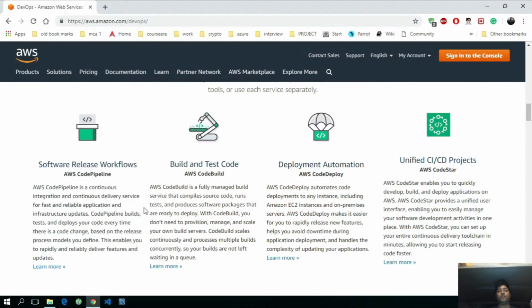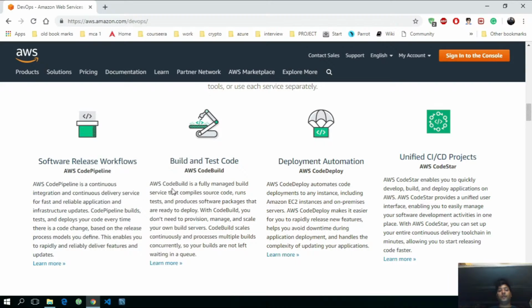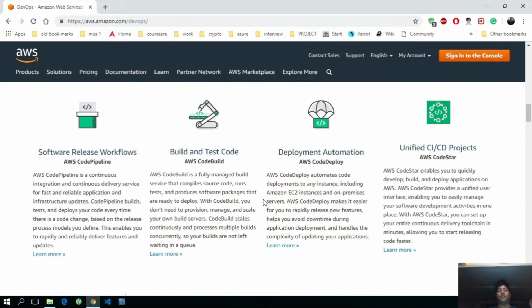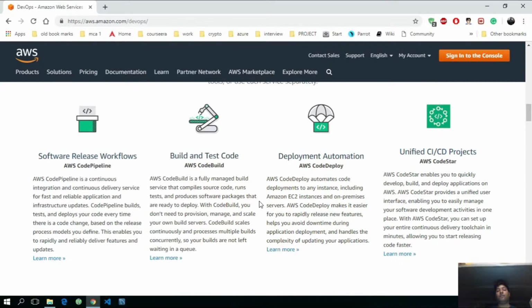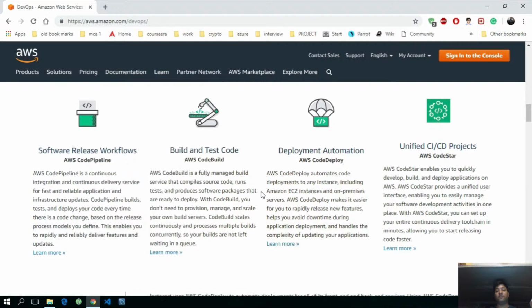So it's a fast process. AWS CodeBuild compiles your source code and tests it automatically, so you don't need to test your application time after time. You can put in the manual test code and you can create automation as well. So that we are doing, we deploy an application on AWS CodeDeploy. It's an automated deployment. AWS CodeDeploy automates deployments to any instance in EC2, on-premises servers, as well as